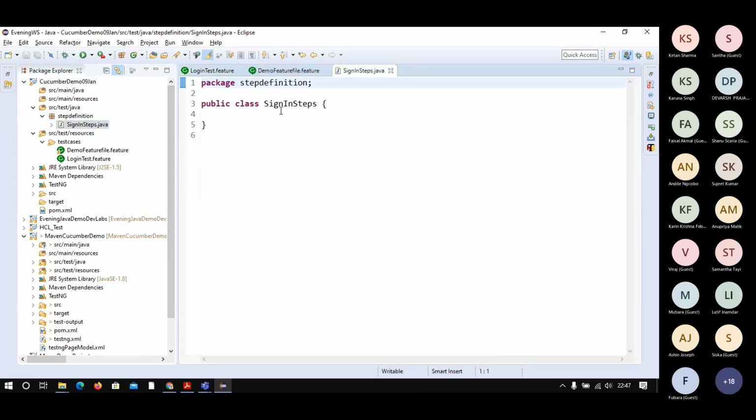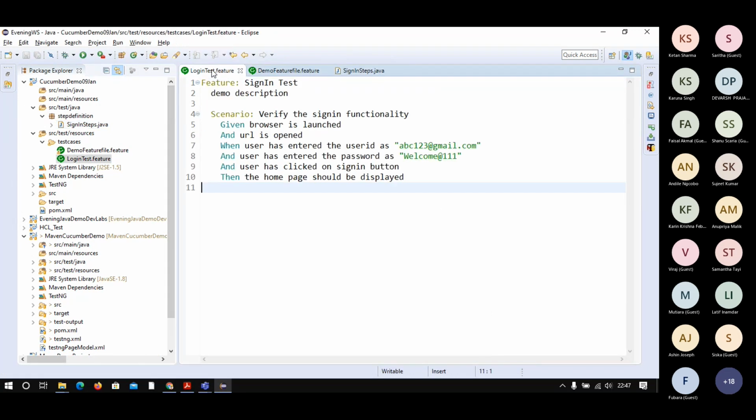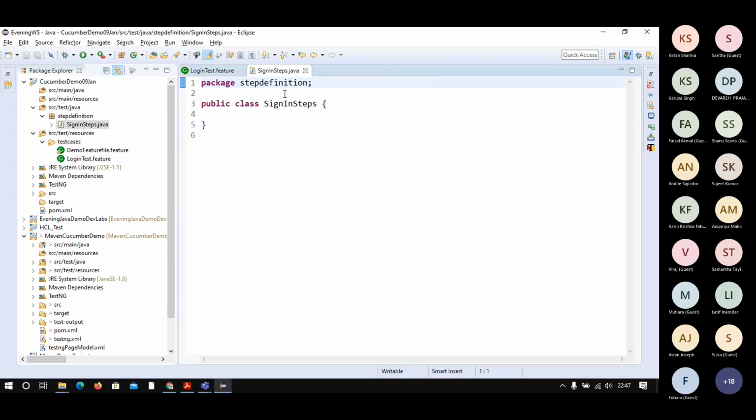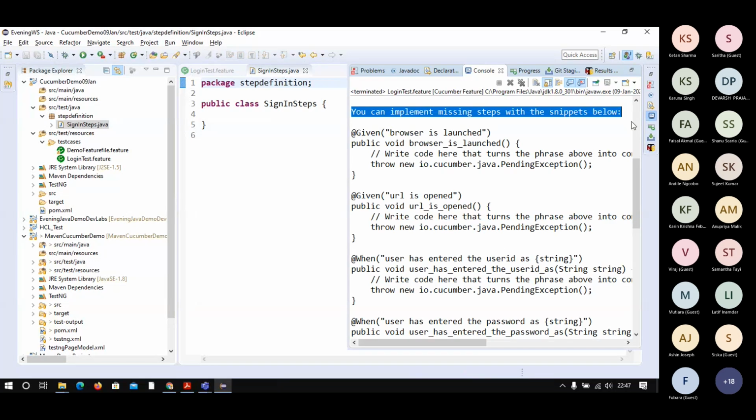You see here, now I have the manual test case, and now I have the automation class. So I will go here and copy the snippets from here, all the snippets.